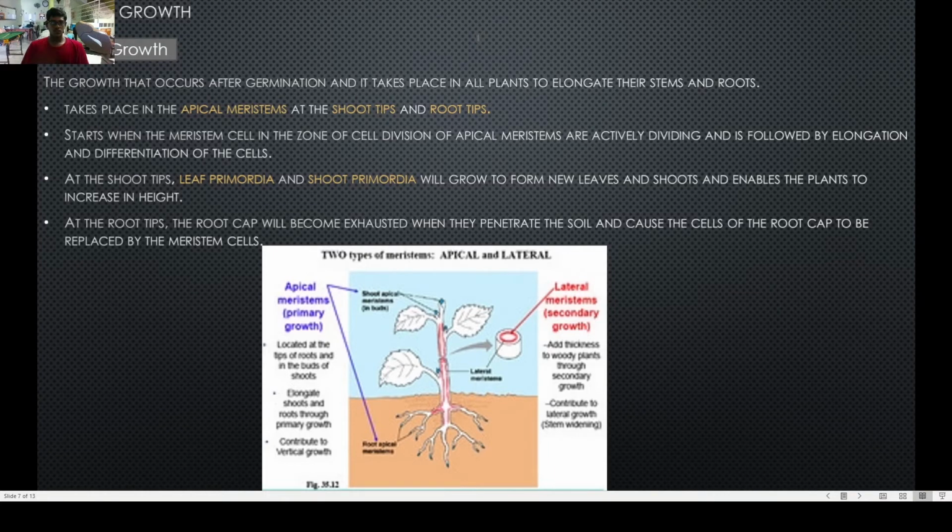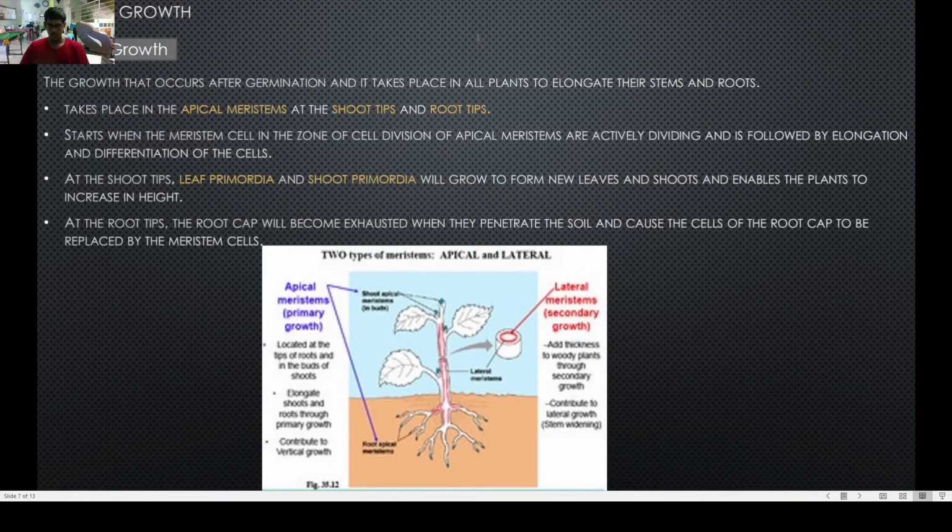Third, at the shoot tip, leaf primordia and shoot primordia will grow to form new leaves and shoots, and enable the plant to increase in height. Whereas for the root tips, the root cap will become exhausted when it penetrates through the soil, causing the cells of the root cap to be replaced by the meristem cells. In this picture below, which is quite blurry, apical meristem is the primary growth, and lateral meristem is the